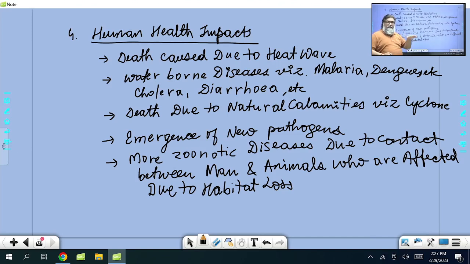Huge economic burden on the healthcare system will be because of climate change. It is already happening now. It is already taking place. Right? This is what I have written here. Human health impacts. Number of factors are there. Right? All these reports, IPCC report, Intergovernmental Panel on Climate Change reports, have brought all this out. Then the agriculture impact, ecosystem impact.